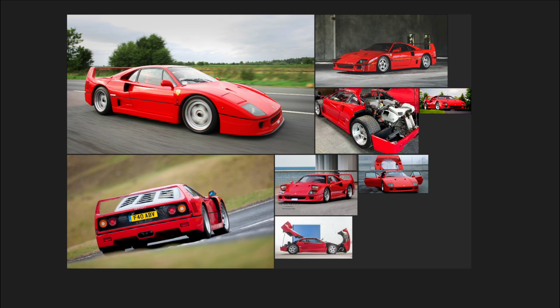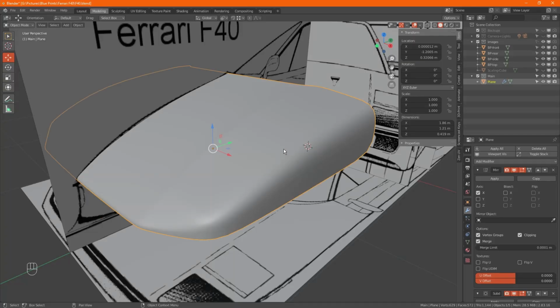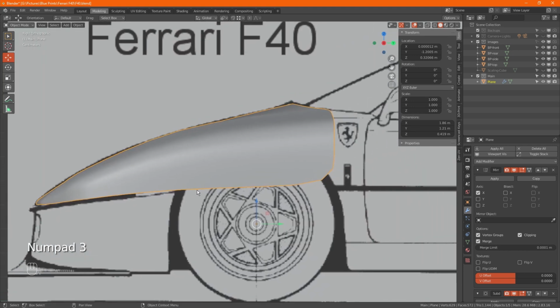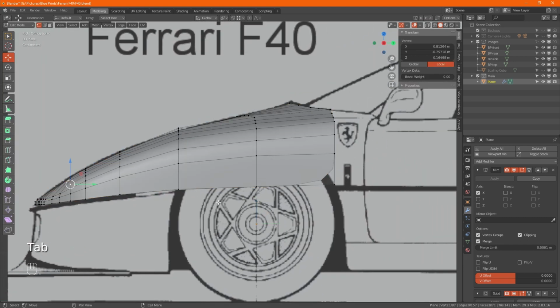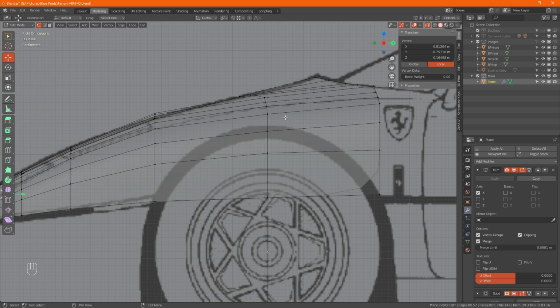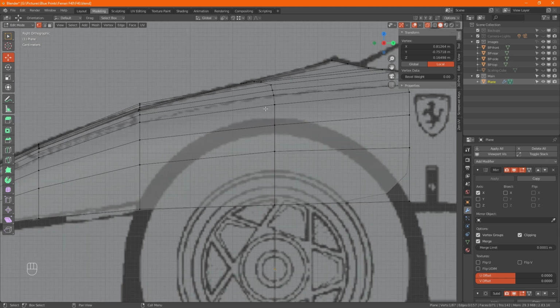And here we go. Okay, so back on to the front end. Let's have a check before we go any further. Tab for edit mode and Alt Z, or this button here, for X-ray. I just want to correct these lines here. This edge should kind of be following that, but because of the blueprints, it's not always going to. But what we could do is just drag a box around them,